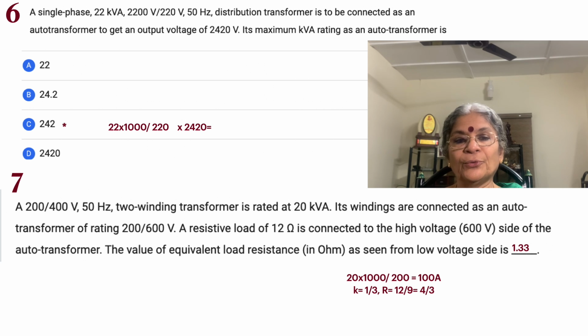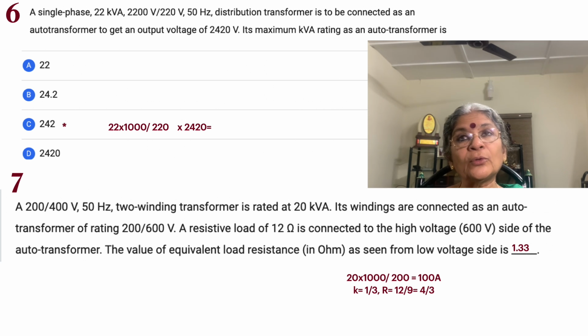So the seventh problem also should be the same. These kinds of problems recur. That's the reason why this session can go very quickly. A 200 by 400 volt, 50 hertz, two winding transformer is rated at 20 kVA. Immediately we see the possibility of a 600 volt auto transformer, that is, at the output you can have 600 volt. You can give either a 200 volt input or a 400 volt input, but the output can be 400 plus 200, 600. And there's a maximum kVA rating which is 20 kVA, which is limiting the current in